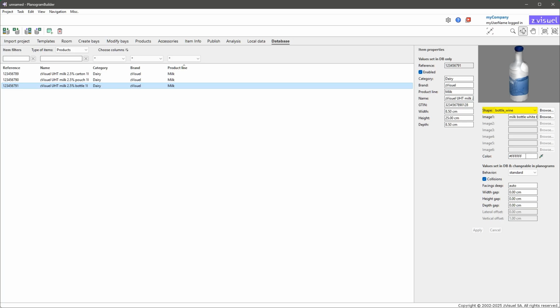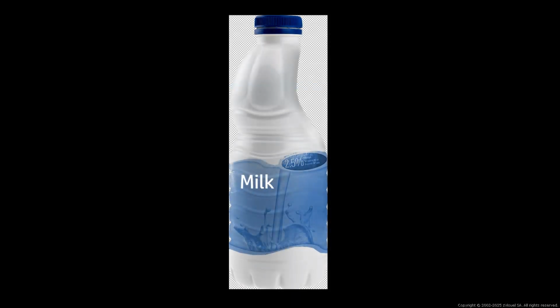In such cases, when you can't find a suitable standard shape, we suggest using our special shape supporting transparent image backgrounds. Select Alpha Plane Standing in the list and apply. The result is not nice because our bottle image doesn't have a transparent background around the product outline. However, if we combine our alpha shape with a PNG or TIFF image that has a transparent background, we obtain a nice bottle, even though it's not really 3D. This is the image we used.